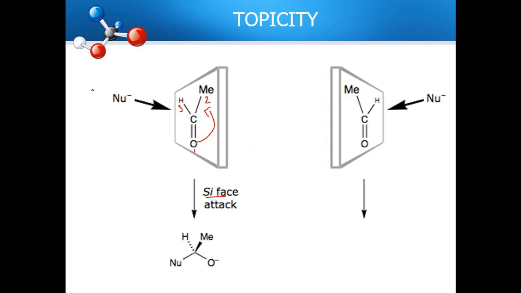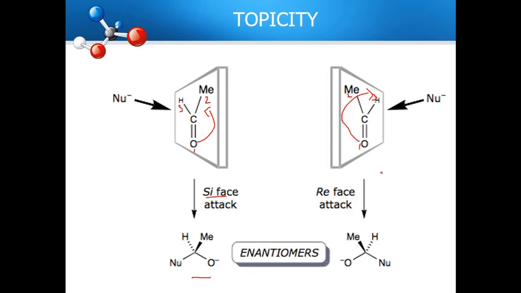Similarly, when a nucleophile attacks this particular molecule from the other side, you end up with this molecule, and in the other case you have 1, 2 and 3. You have to give the priority, and the numbering goes in the clockwise direction, therefore it is a Re face. So again you end up with another molecule, an isomer. So the relationship between these two is that they are a pair of enantiomers. So this can happen only in those molecules which have a Re and Si face, and those carbons to which two different functional groups are attached can have a Re and Si face.